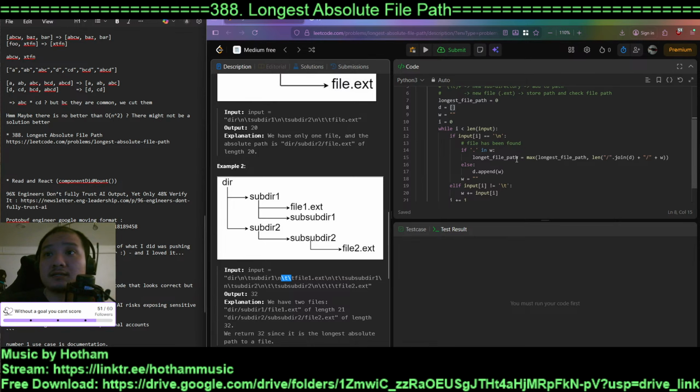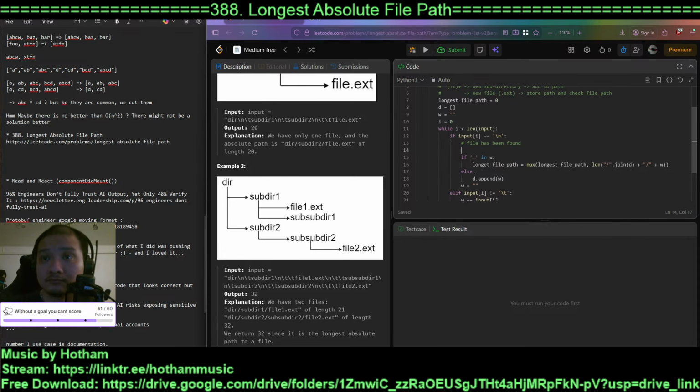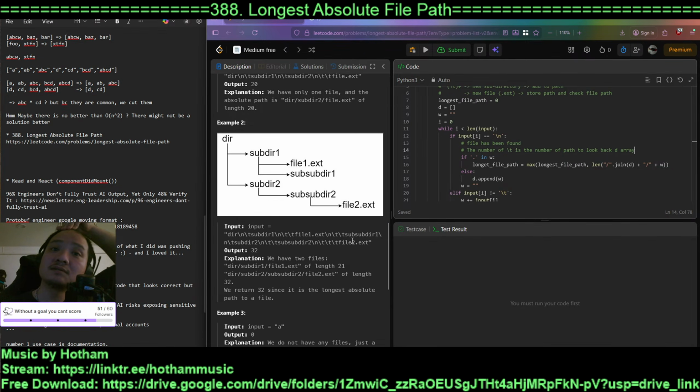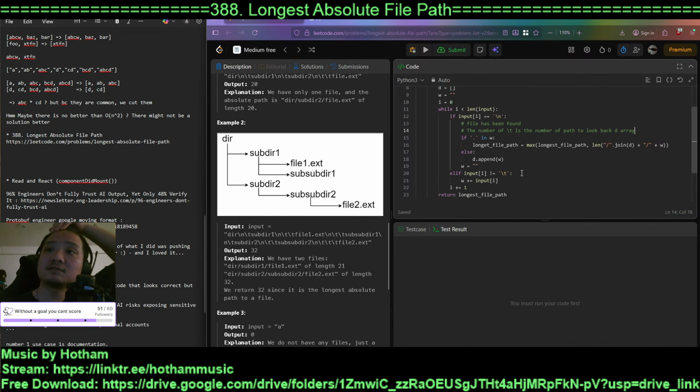So basically we need to take a note here. The number of tabs is the number of file to path to look back in the array, right? Roughly, right? Let's run this without, right? So we found the,